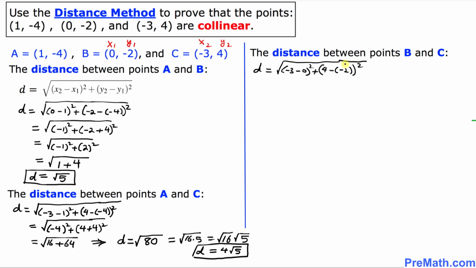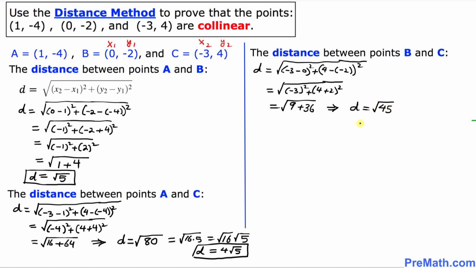Let's simplify further. So this is going to be negative 3 squared plus here 4, negative and negative become positive, 4 plus 2, squared. We know that negative 3 squared is 9 plus this is 4 plus 2 is 6 squared is 36, which gives us the distance equal to the square root of